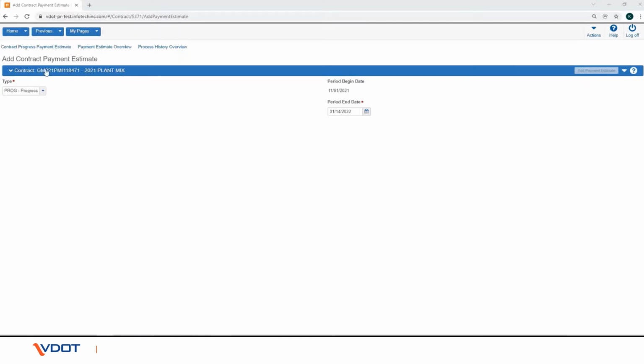In the Type field, click the drop-down arrow and select the type of payment estimate. The four different types are FINL, Final, PROG, Progress, SF, Semi-Final, and SUPP, Supplemental. Here we are creating a payment estimate of type Progress. The manual shows additional steps that may need to be done prior to an estimate for SF, Final and Supplemental